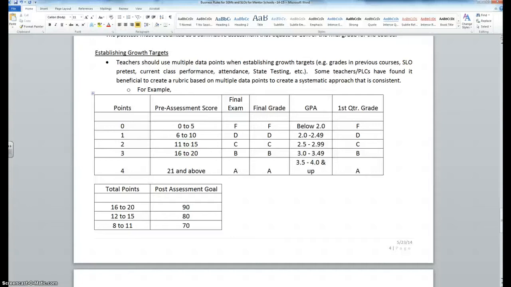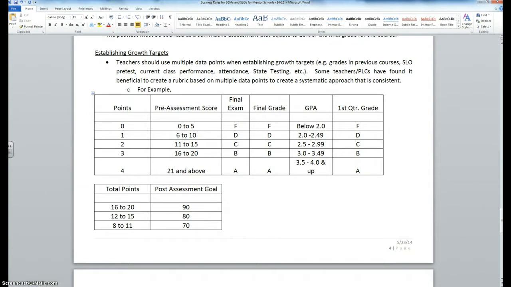Okay, by now most of you have already given your pretest, and you probably have taken those scores and put them into one of the spreadsheets that were sent out a couple of weeks ago, and now you're sitting down with your PLC and trying to establish your growth targets for your students. This is probably the most difficult part of the entire process,